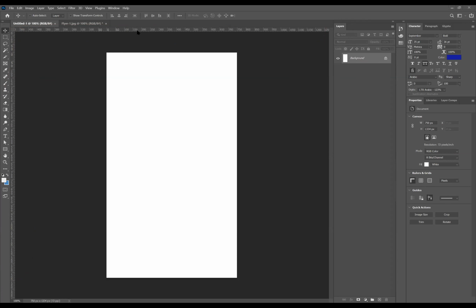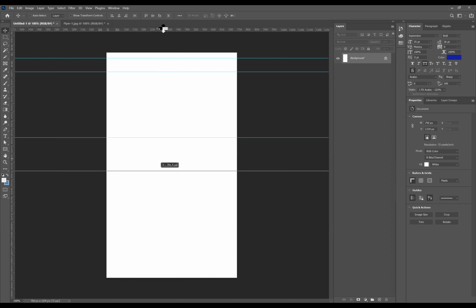So remember these rulers. Now see where my mouse pointer is. I am putting the mouse pointer exactly on top of the ruler. I will click on the ruler and bring one line here. For example, I click here and bring it down, just as if you are pulling something down from a tree. Just click and bring it down. You will see these cyan color lines. You can bring as many lines as you want into your document.